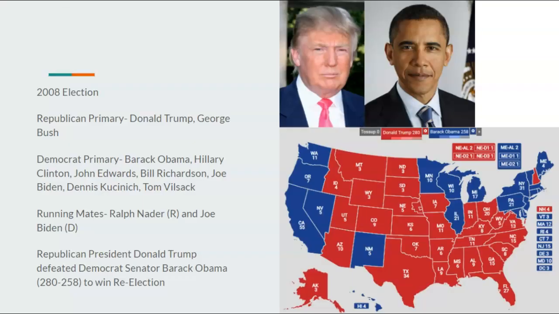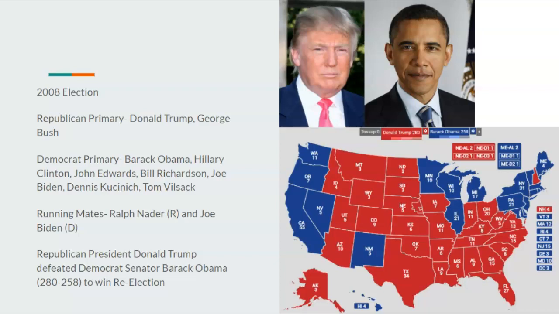In the 2008 election, Barack Obama, headstrong, it's like, Trump, doesn't say he's a fluke, but, very respectfully, like, Trump, you did well last time. But, I think it's time for you to get out of here. Barack Obama, I'm going to be the next president. But, of course, Donald Trump does see a primary challenge. Former President George Bush tries to run against him, but fails tremendously.